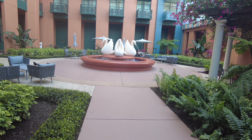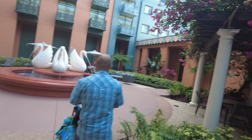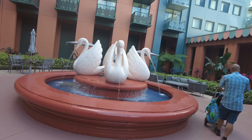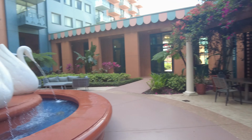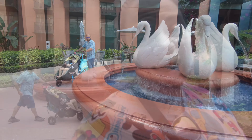Here are some swans. This is cute. There's a tree growing out of it. A little courtyard. This is actually a nice quiet spot that had breakfast, lunch. Nice to hang out. It's a beautiful day today too. And there's one on the other side. So plenty of